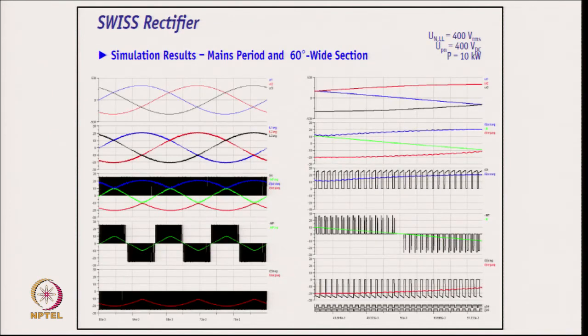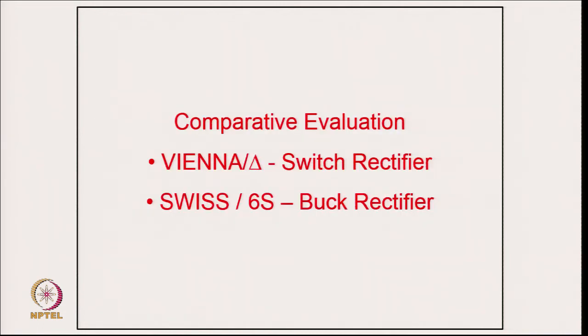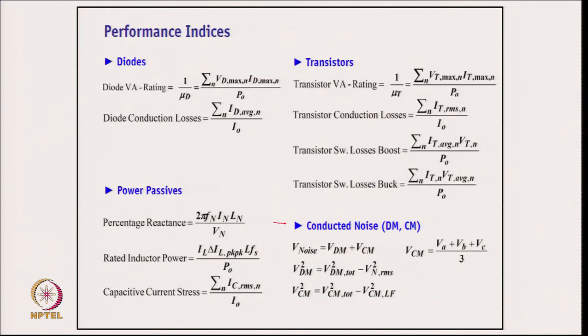You can just clearly see how the 3 phase voltage and the 3 phase current are on the supply side, and when you extend it, how the pulse switching takes place in this converter. Now, a comparative evaluation is given here for this Vienna and delta as well as the 6 switch converter, and these are the performance indices corresponding to your calculation of